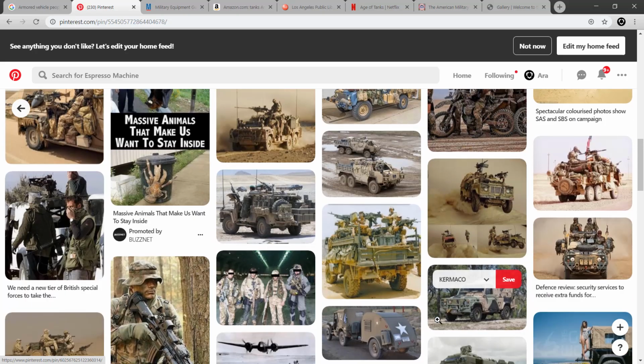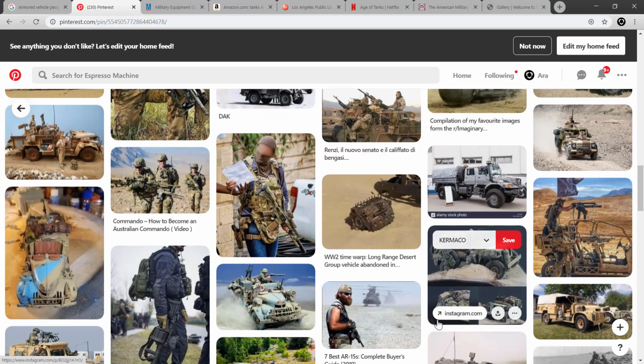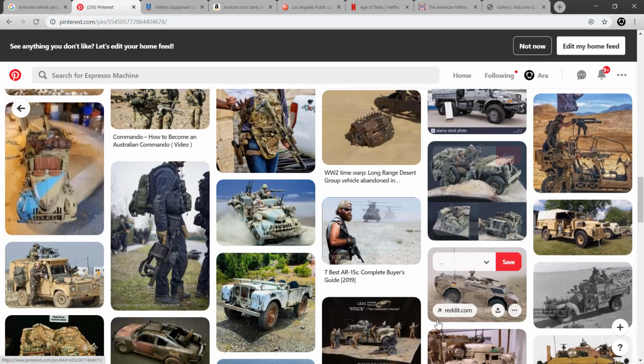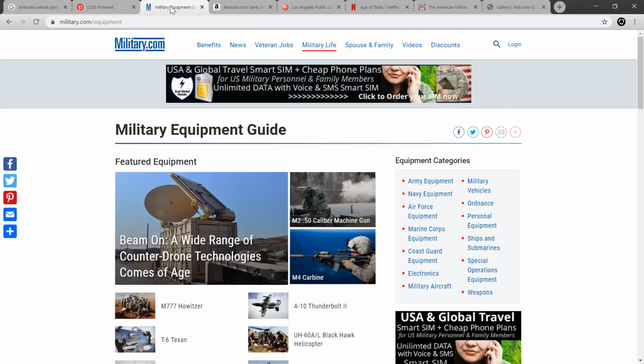So yeah, Pinterest is a little bit better than doing an image search on Google, but again, it has its limitations. So you can go to more of a predictable place to find exactly what you're looking for,